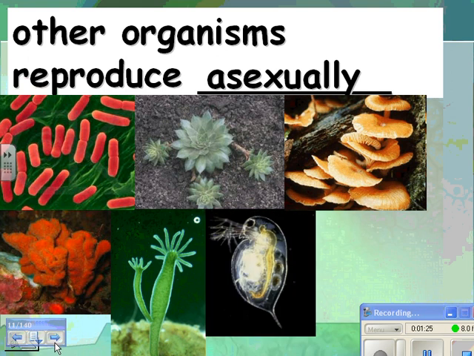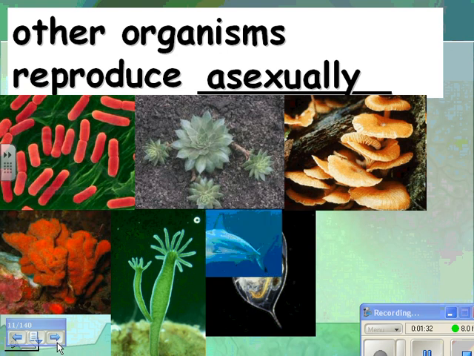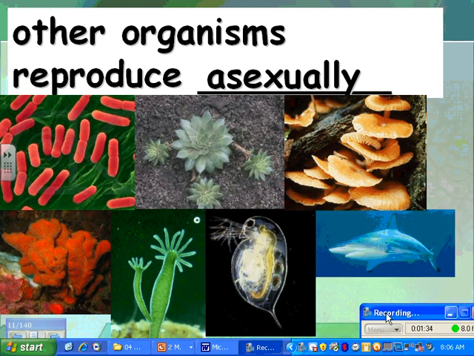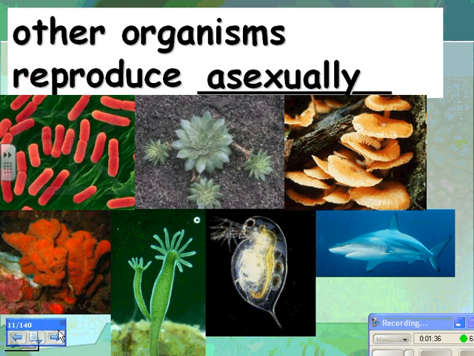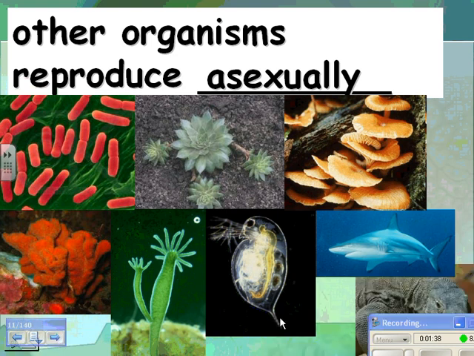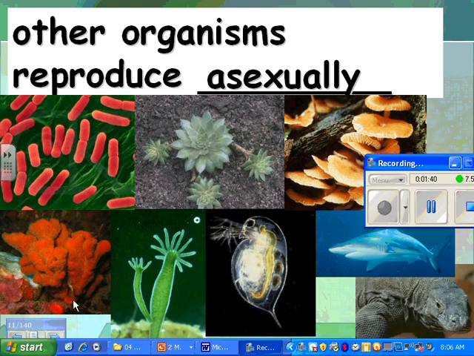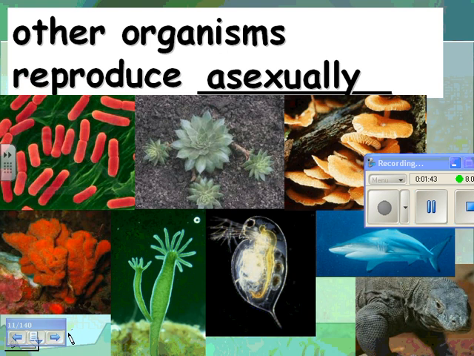And here's a Daphnia water flea, and apparently they can go do it both ways, sexually and asexually. And there are actually some sharks who do asexual reproduction, which is totally bizarre, and some Komodo dragons. Scientists have actually seen or have evidence that Komodo dragons occasionally reproduce asexually, though usually they reproduce sexually. So some organisms can do both, and some just do one or the other.